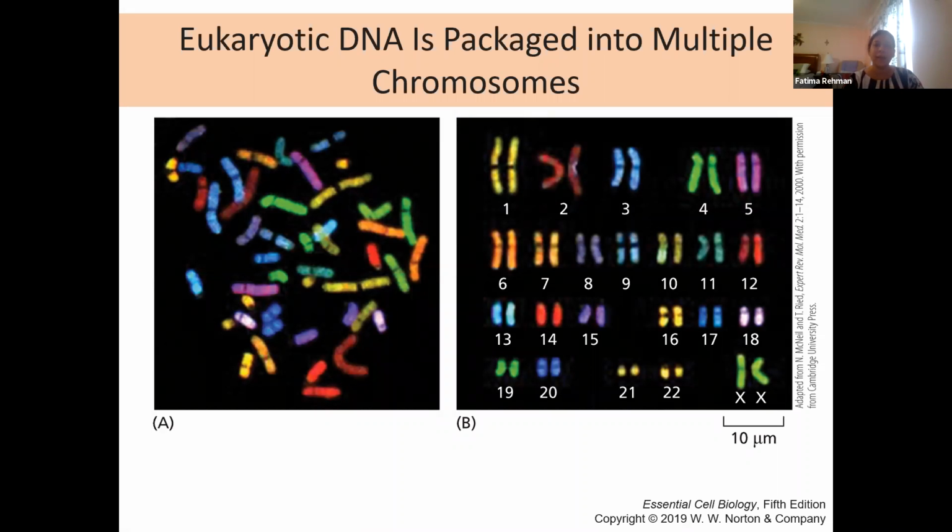So now once we are inside the nucleus in an everyday life scenario, the DNA is going to look very different. Our eukaryotic DNA is packaged into multiple chromosomes. Depending on the organism, that chromosome number is going to be intact, obviously, but it will be different for every organism. So in this particular image, you're shown a technique called chromosome painting, in which